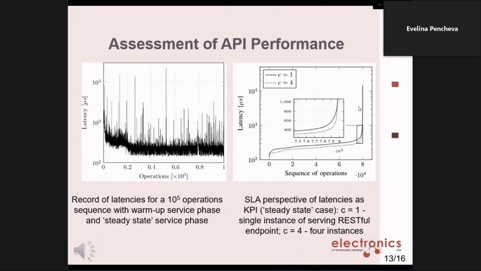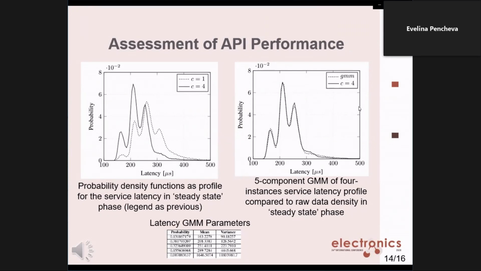About 99.5% of all requests have under millisecond latency, but part of the rest may hit even 30 milliseconds. This is specific for both cases of the experiment, with a single serving instance at the endpoint and with 4 instances. The figure on the left depicts the half millisecond part of the latency population in steady state, as it constitutes over 95% of all recorded post trials.